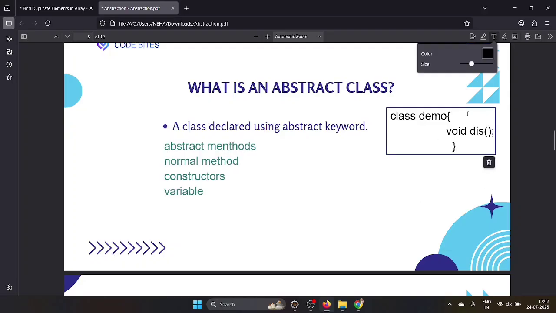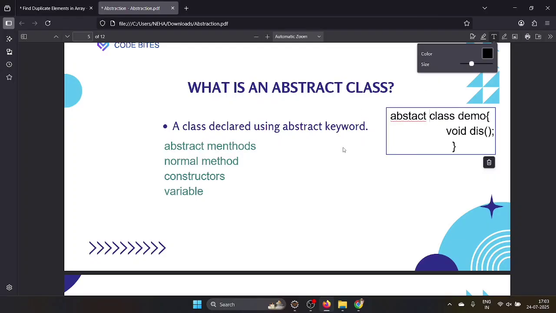See here, we have one abstract method. So if even one abstract method is present in that class, then we need to make the class abstract. This is the first rule. The second rule is, you cannot create an object of that class because it is an incomplete one. So you cannot create an object of the abstract class. This is the second rule.